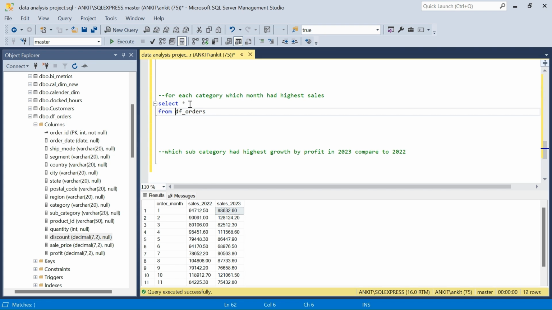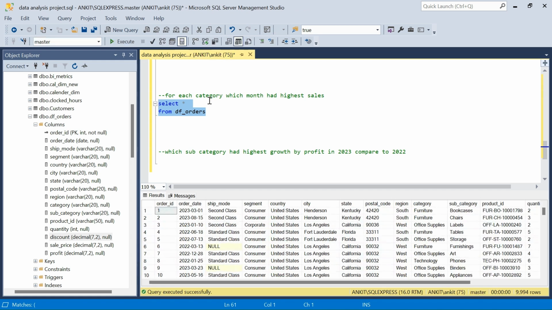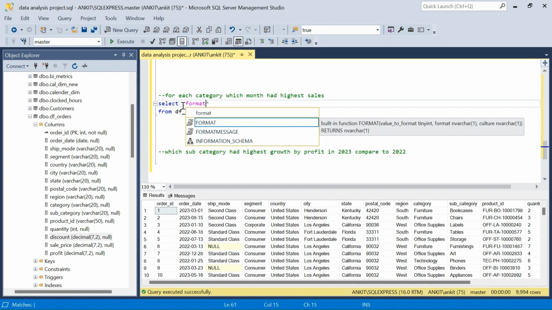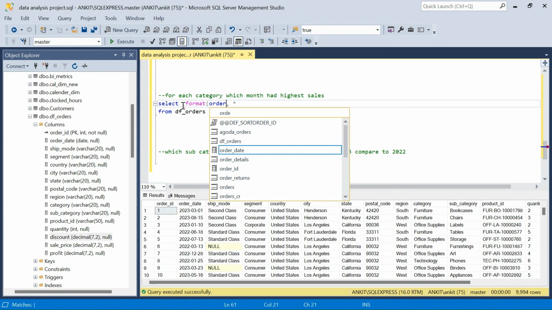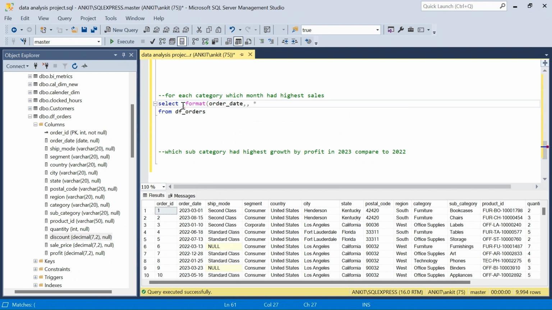Now, month will go along with year because we have two years of data, right? So if we don't consider year, it will merge the data. That will be wrong. So what we have to do, we have to derive a year month function, right? So we have to get this data in year month format. So one way is we can use this format function. We can use two columns as well for year and month separately, but this is a good function actually. So I'll say order date, and then I have to pass the format here, right? So I will say format, and here